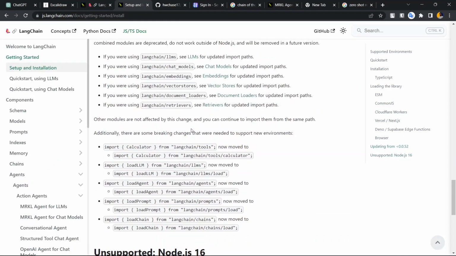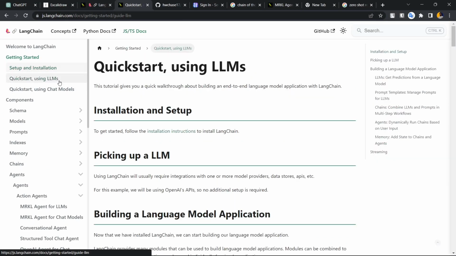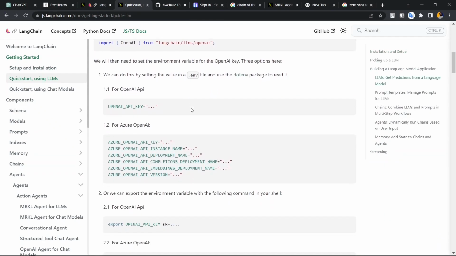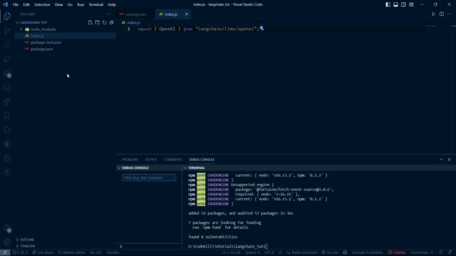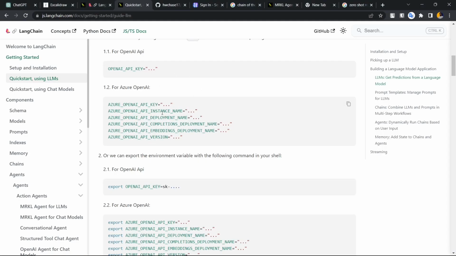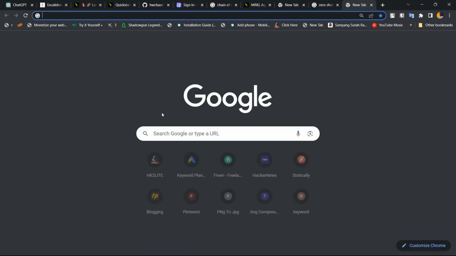And after that, the other thing that you need to do is set up your OpenAI API key. If you want to manage everything, you can create a .env file, install dotenv, and do all those typical things. Then you can just import your .env here, and that's how you can import your key. So let me just create